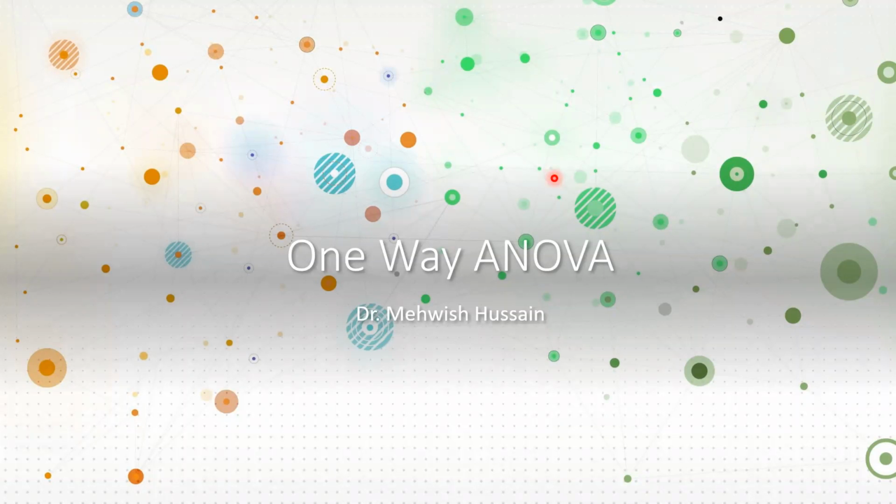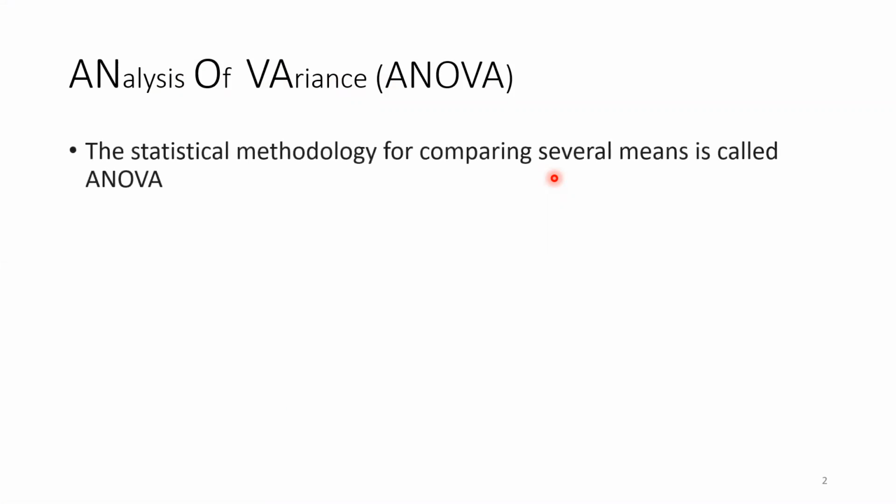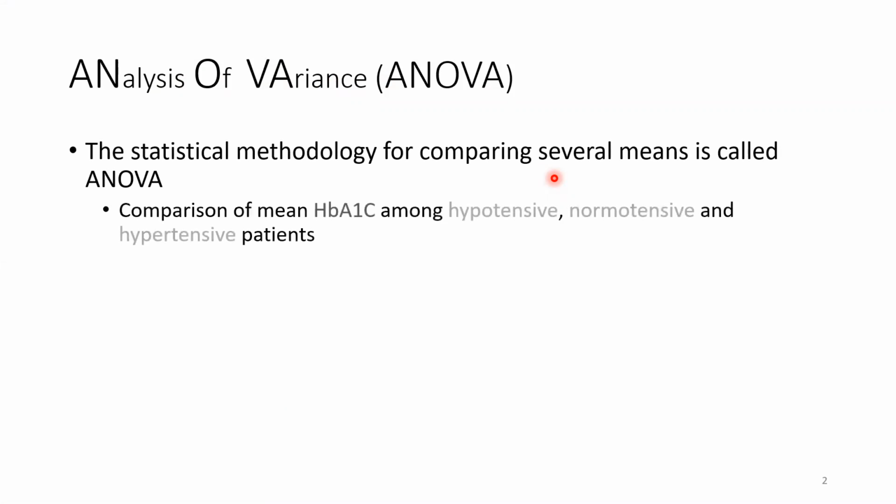Our today's topic is one-way ANOVA. It is nothing but the abbreviation of analysis of variance. This technique is basically used when you want to compare several means, mostly more than two. For example, we want to compare a mean HbA1c, which is observed in percentages, among hypertensive, normotensive, and